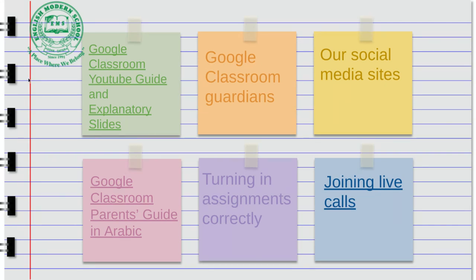Now, just here on my screen, you can see there's an explanatory slide. So if you are not used to using Google Classroom and you would like a YouTube guide or an explanatory slide that Miss Renee has made, you can look at those. Okay? As we use Google Classroom, you can be a guardian in Google Classroom. So if you haven't done so already, please make sure you contact your classroom teacher and ask them to be a guardian so that you get updates on what your child has been assigned and if there are any deadline dates, whether they've hit those deadline dates or missed those deadline dates.